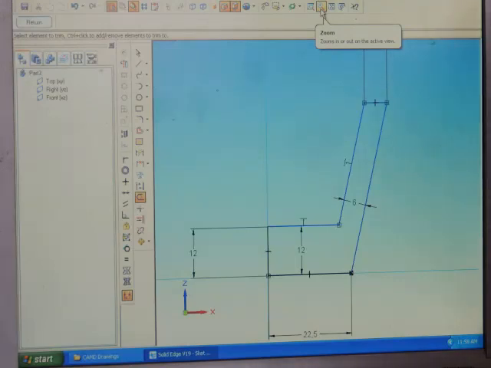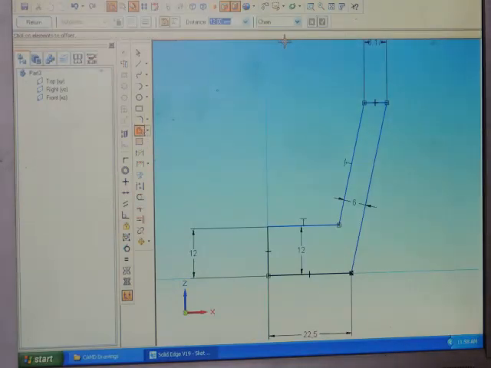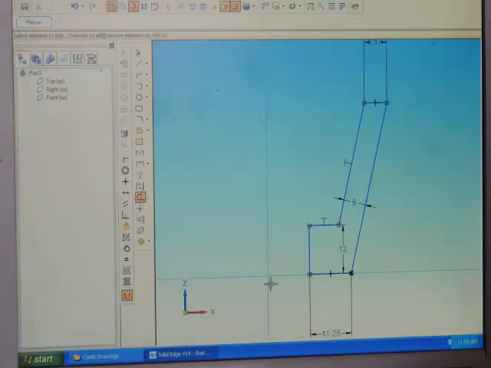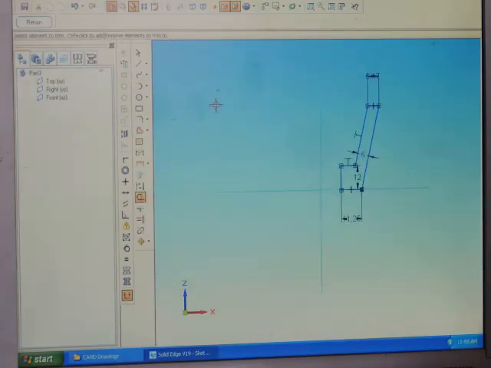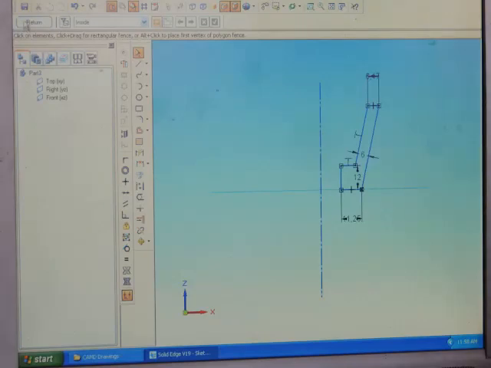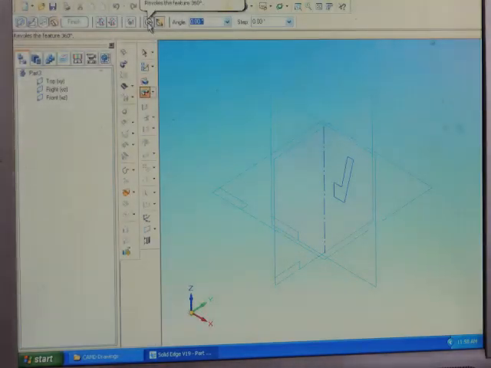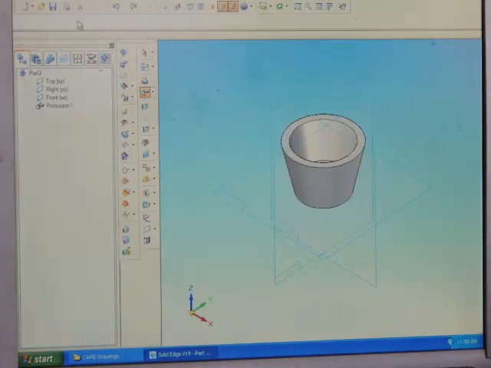So again there is an inside diameter of 22.5. So again go to offset command. Half of that is 11.25. So make it as single. So again go to trim command, trim the unwanted lines, fit. So now go to axis of revolution, this is the axis, return. So this is 360 degrees, finish, cancel.